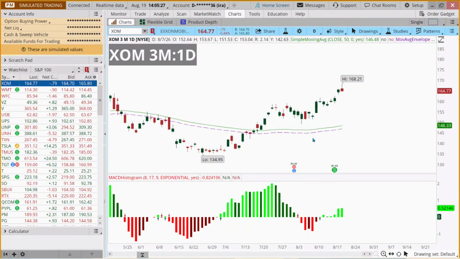All right, so here's the game. If I was doing my routine, I'm looking at the right side of the chart at the MACD, and I can see that it's green. Then my eyes would go up here and I would ask, is the price above the moving average? In this case, it is. I'm also looking at the moving average to see if it's rising or not. If I can't tell that it's rising, or if I can't tell the stock's trending up, then I'm going to put probably a question mark. So this is how I would do this for XOM.